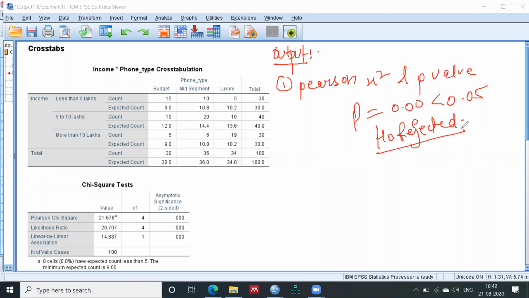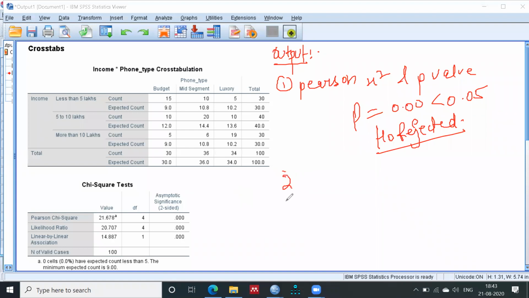If your null is rejected, what does it mean? That you are rejecting that there is no association between the level of income and purchasing behavior. You are saying that there is some association, because my p-value is less than alpha. That means there is association. If your null is accepted, then no need to go ahead. Always remember that. If the Pearson chi-square result is at the level to accept the null hypothesis, then no need to analyze Cramer's V or other tests. Here my null is rejected, so I can move ahead.